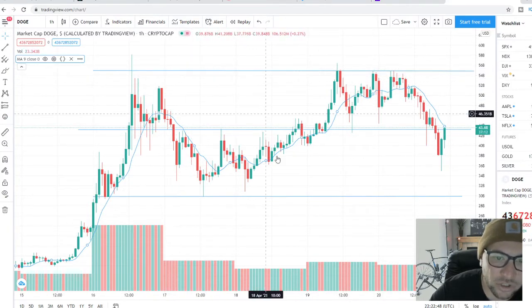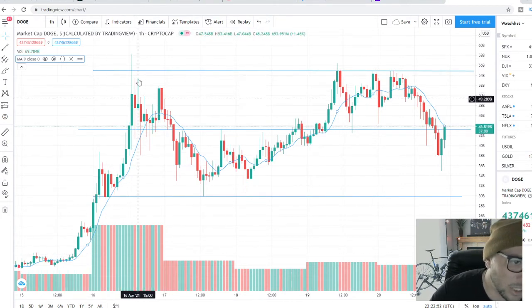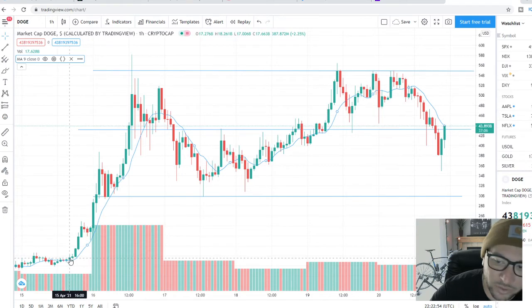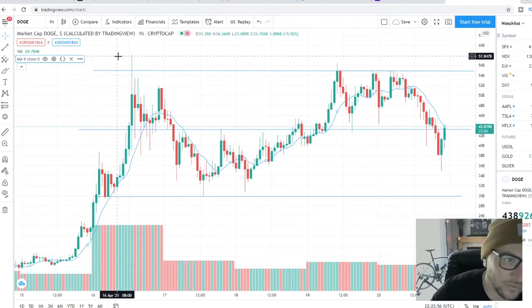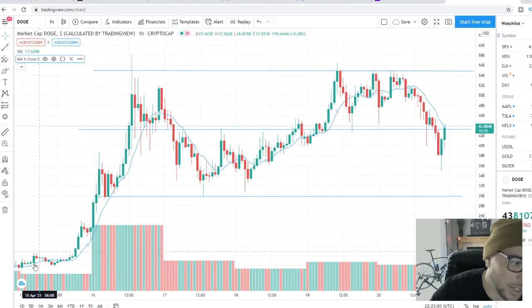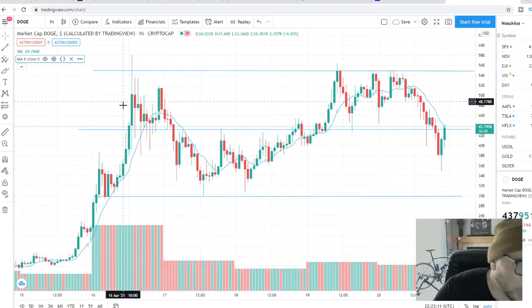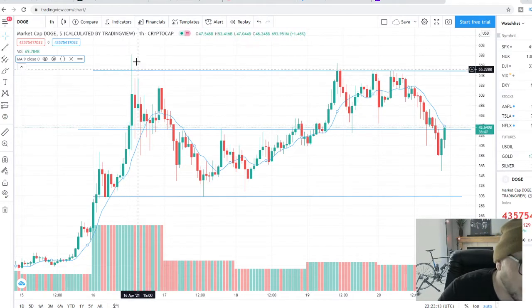And I drew these trend lines here, and I'll explain why I did. On the first initial run up, from let's say 17 cents all the way up here to 57 cents, it then sold off a little bit. Obviously, this is going to be profit taking. A bunch of people who were in it down here at 10, 15 cents and below are obviously going to have made a lot of money, and they're going to take out some profits.